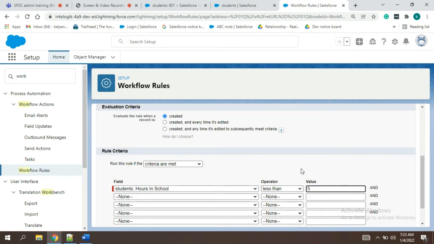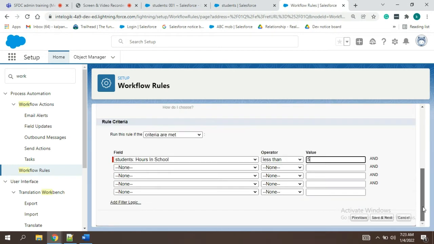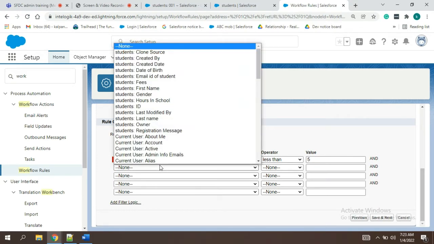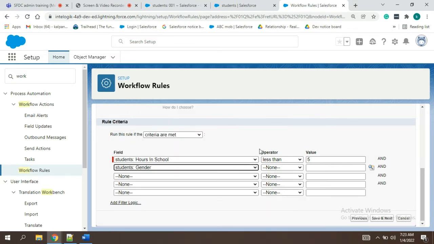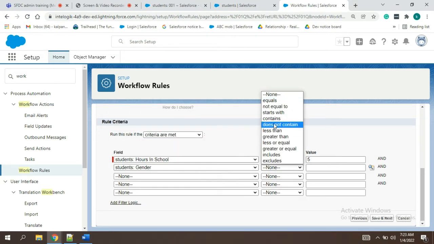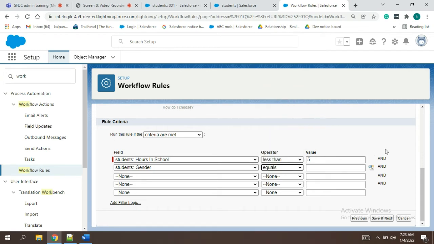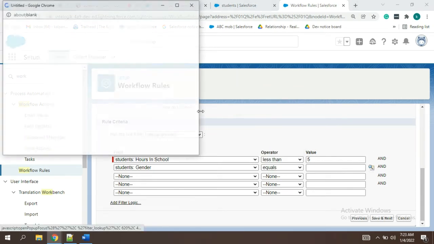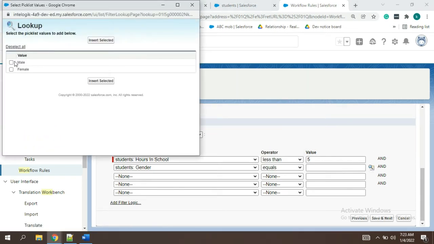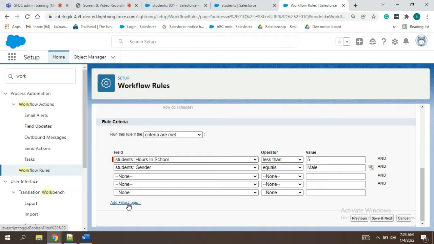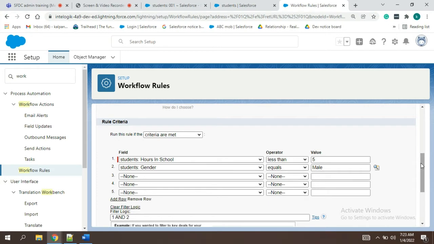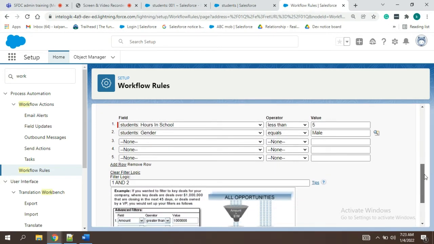I'll just make it 5 so that 4 is also included. And you can even define one more, like gender should be equal to male only. Like this you can define, and based on that you can even set the filter logic also.